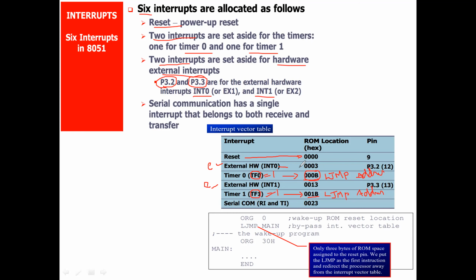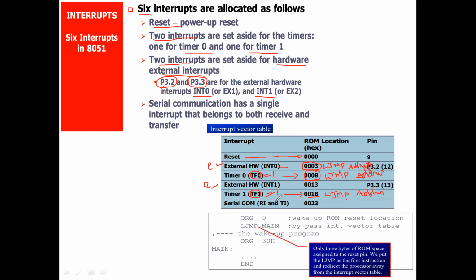If the pin goes from 0 to 1, the controller will stop the main program, go to this location and fetch the long jump address. Whatever operation the controller has to do for this external interrupt, you have to code it. I'll tell you that.